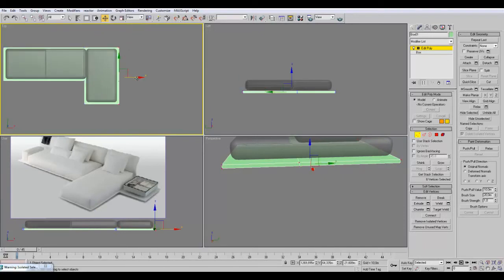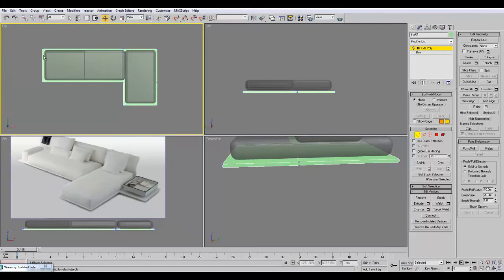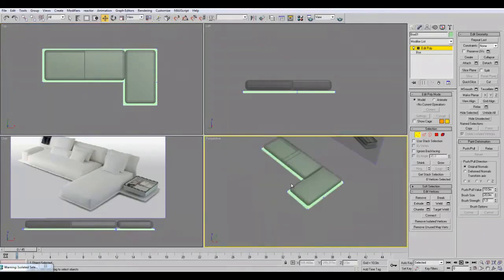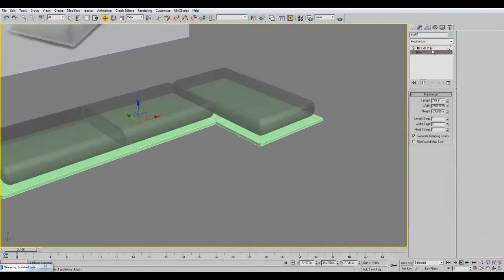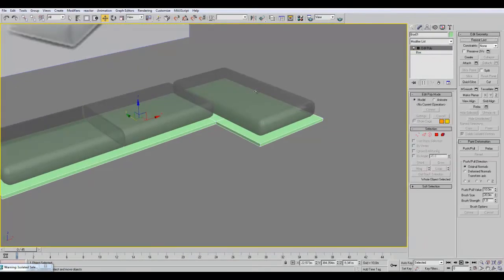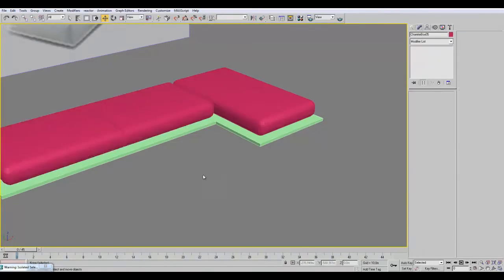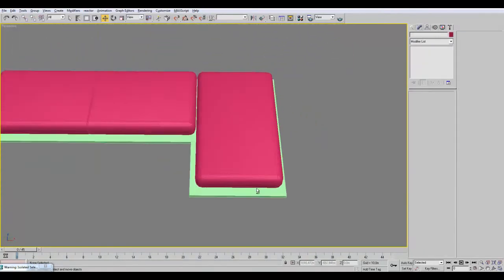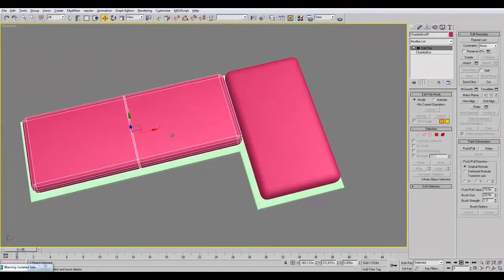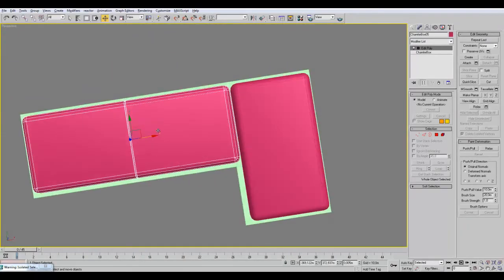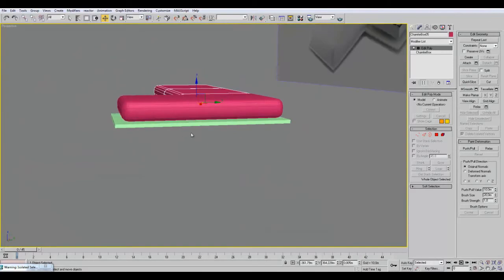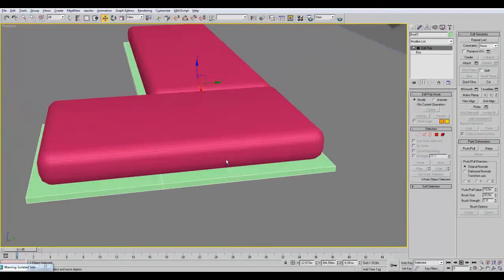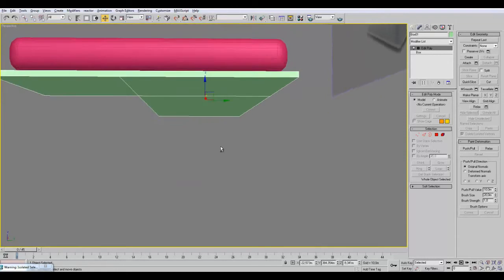Just tweaking and tweaking. Gonna have a lot of tweaking along the video anyway, just the way it works. Just Alt X again, take the invisible away. A bit more tweaking. Okay, now it's when we're gonna make that